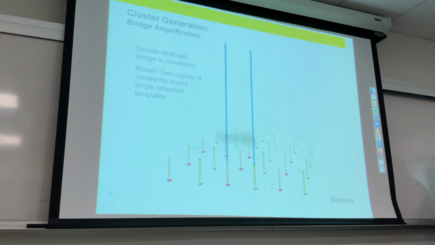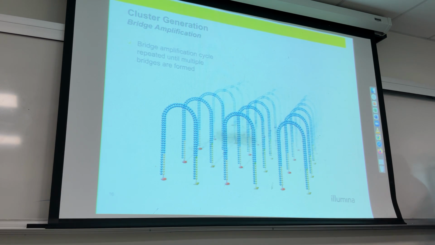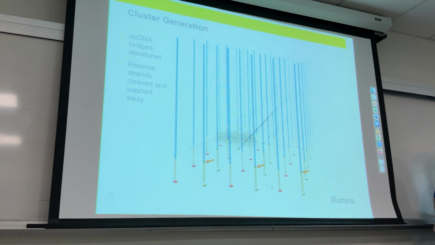Okay, so then they're going to do it again. So the ones near them are going to go over to the other ones near them and do that same process of becoming double-stranded. And they fill up an entire tiny little area on the microscope slide, doing this many times. So at the end, you have a whole bunch of forward sequences right next to a whole bunch of reverse